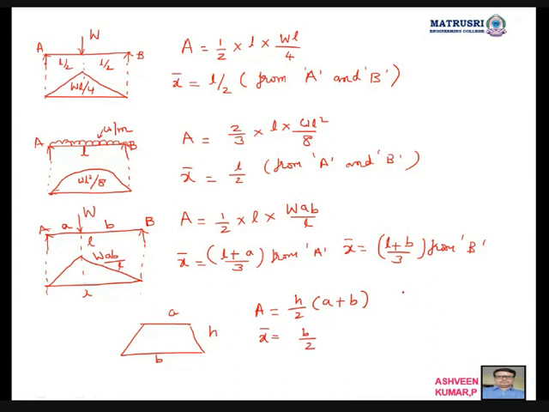So when we are going to get this type of problem, when this is W, it is symmetric. So this is W, this is W, H is here, whatever the distance here. And this is the case. You are going to get the trapezium. A is equal to H by 2 into A plus B. X bar is equal to B by